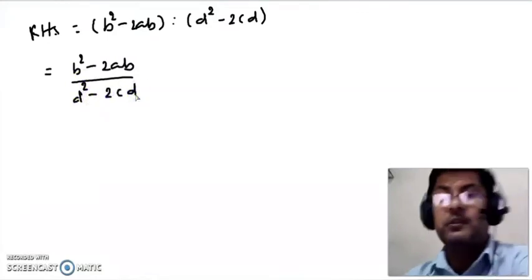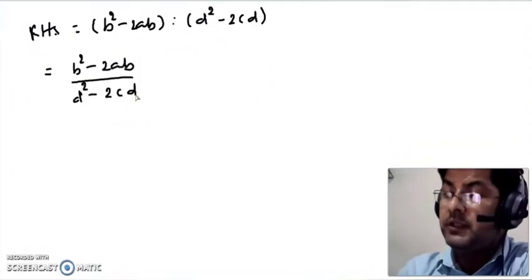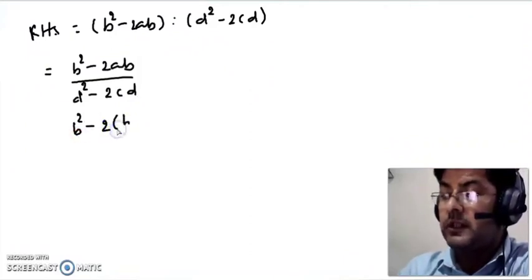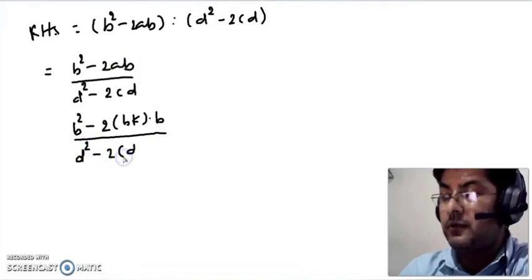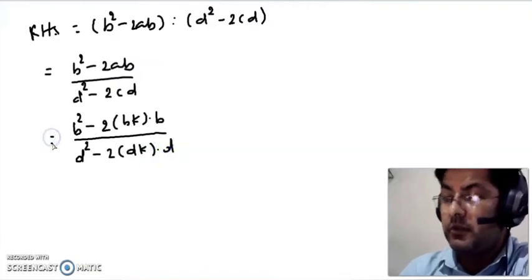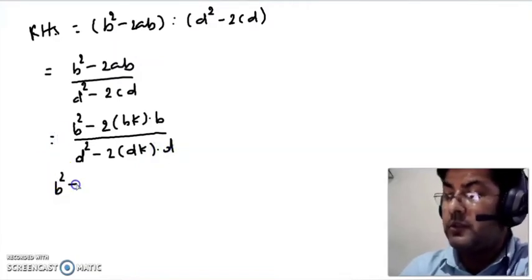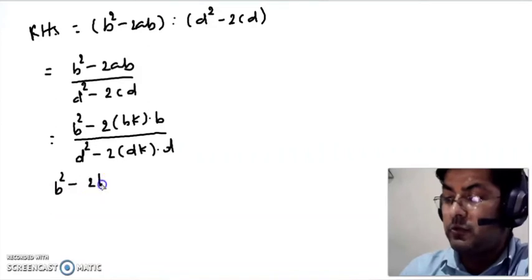Now let us put the value: b is b only, so b square minus 2, for a value is bk, and d square is d square only, and for c value is dk into d. So we have b square minus 2 b square k